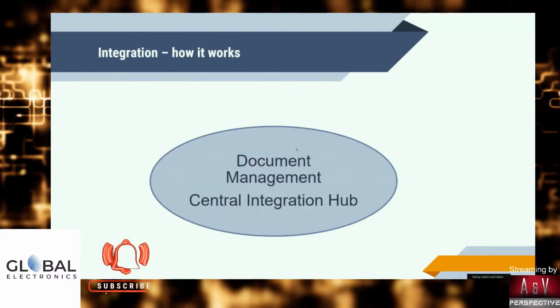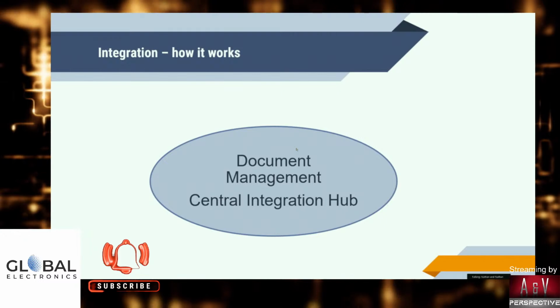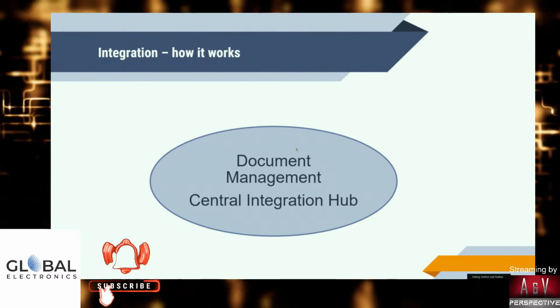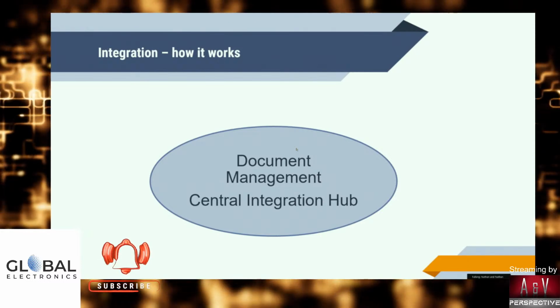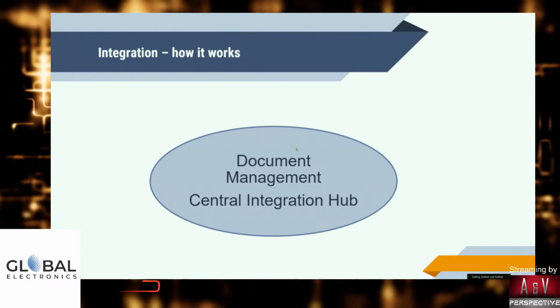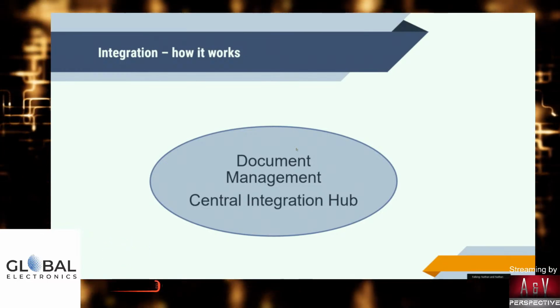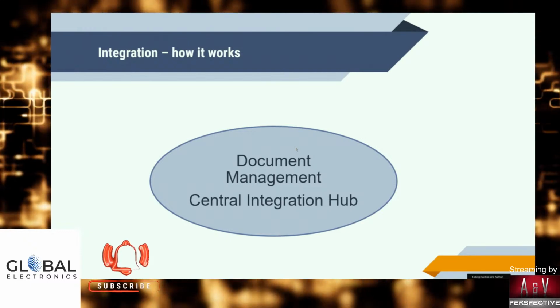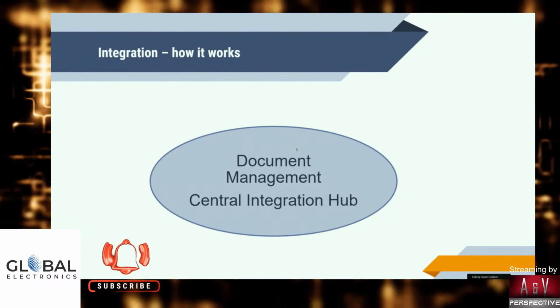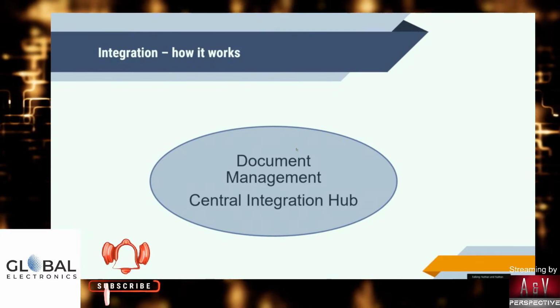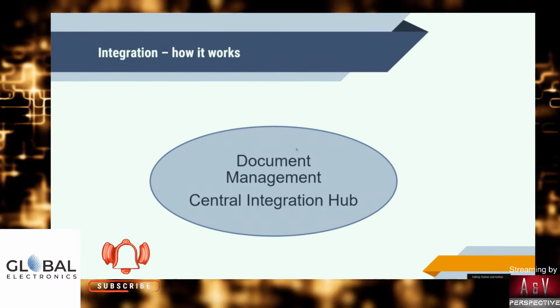If I tell you how the integration works, basically the document management is a central hub. Any quality management system requires documentation, not only for quality management but even environment management and occupational health and safety management. We generally follow 4 levels of documentation: manuals, procedures, SOPs, templates, etc. The system will be the central hub creating all other modules. In the support function: supplier evaluation, training, requirements, NPD requirements, input, audit management, quality engineering requirements, calibration, MSA, SPC. There will be a seamless